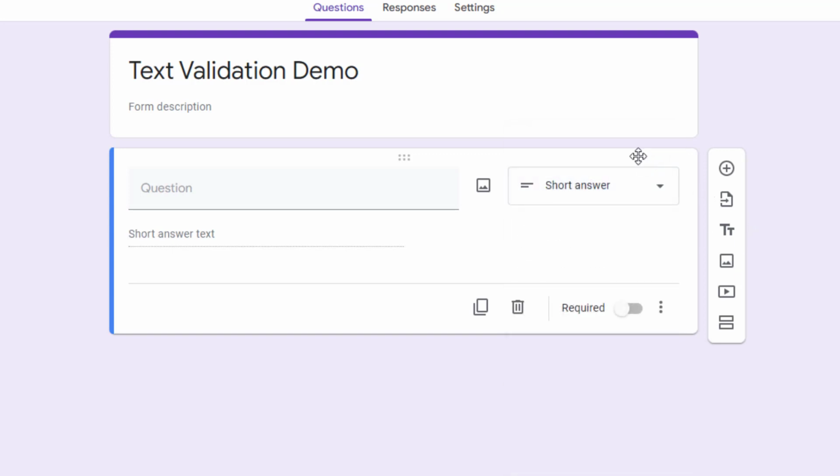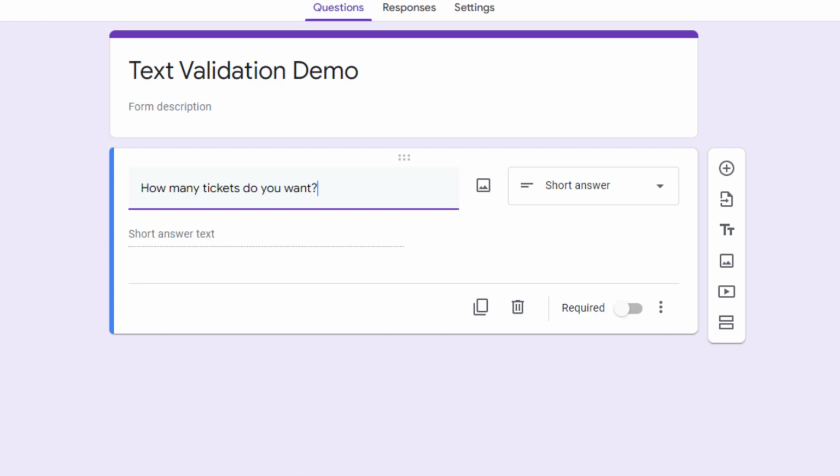Short answer doesn't give you as much space, but what it does allow you to do is check that text to make sure the data makes sense for the question that you're asking. For example, if I'm organizing a movie trip and I want to know how many tickets people need, I want them to be able to only enter in numbers. And not only that, but I don't want them to be able to enter in, say, -4 tickets. Because what I'd like to do when I get this data is put it in a spreadsheet and do formulas. Luckily, Google Forms will let us force people to enter in data that makes sense.